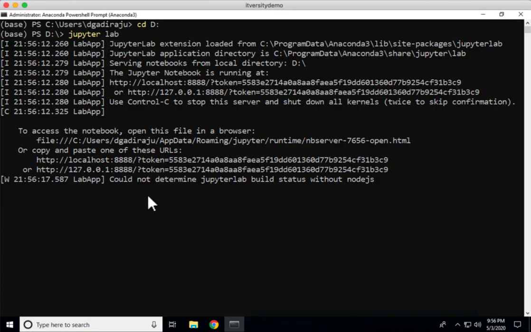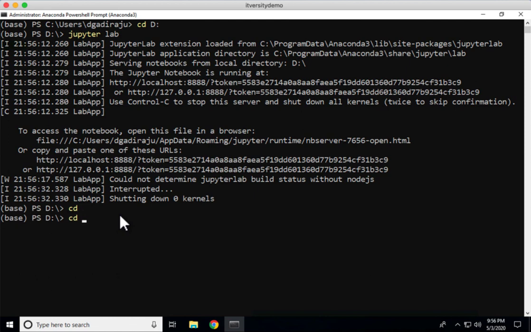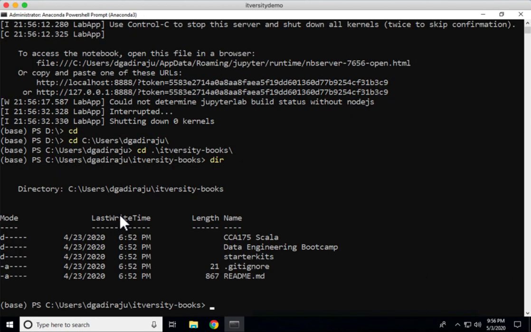Now, if I want to go to a different folder altogether and try to access the files directly from that location, let's say under C drive, under users, my username, there is a folder called ITversity books. In that, there is a subfolder called Data Engineering Bootcamp.